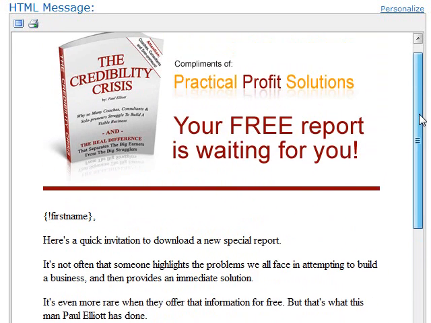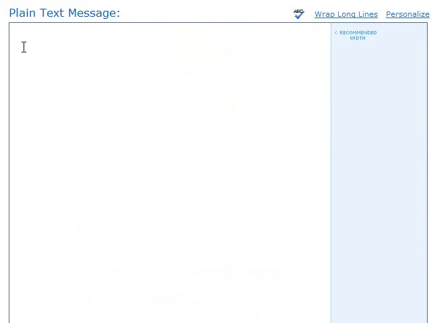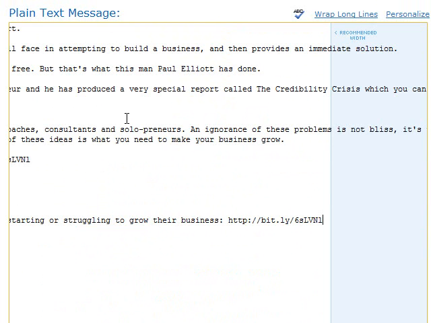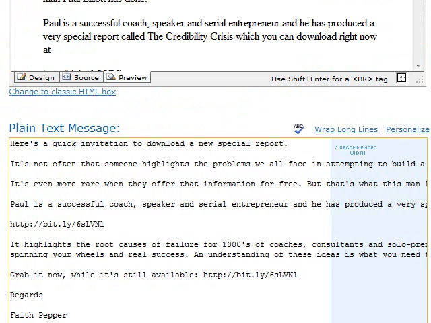I now have to pull the screen down so you can see it down to the plain text message, so bear with me. And now I'm going to do the same thing with the plain text. Remember, I had it in a notepad, so I've copied that and I'm going to paste it in here. Now you'll immediately notice that it comes over this recommended width box. Don't worry, we're going to do something about that in just one moment. But first of all, I'm going to put